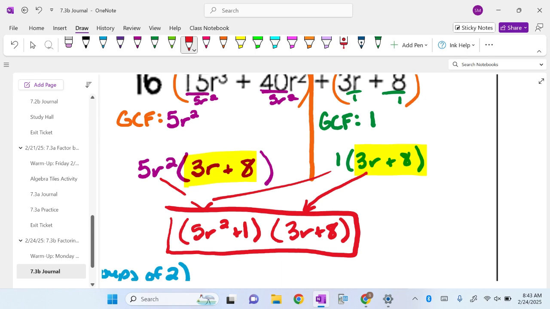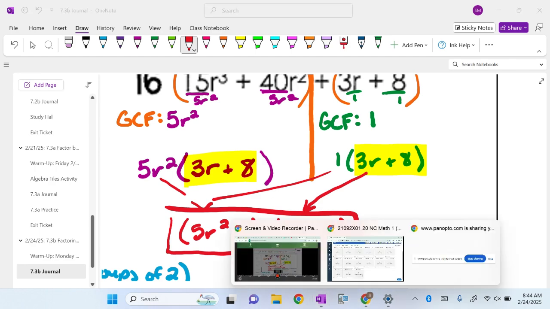All right, any questions on this? All right, so for the rest of class, you guys got a solid 35 minutes. You can work on the 7.3 Delta Math as well as the packet work. I believe the packet work is page 6, I think, off the top of my head. But there is a Delta Math already posted. It covers both GCF as well as grouping. It shouldn't be too long, though. All right, so go ahead and